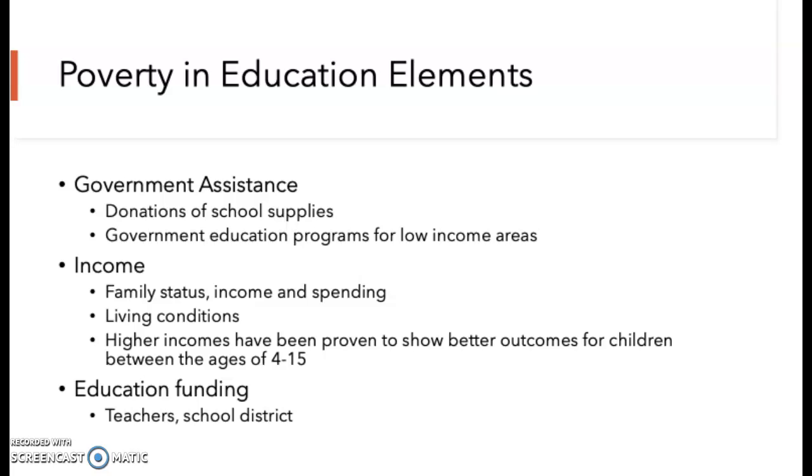Income is also a factor of poverty in education. Your family status and how much money you make greatly affects your education. Even public schools require some sort of payment for education, and with families that struggle with money, sometimes paying that fee for admission is not as important as, say, food or paying the electric bill that month. Not only does this apply for public schools, but also for higher education, so going to colleges and universities, eliminating that option of gaining a higher education for those with money issues. It's also been shown that children between the ages of 4 and 15 who live in higher income households have been shown to have better outcomes than those in lower income households.